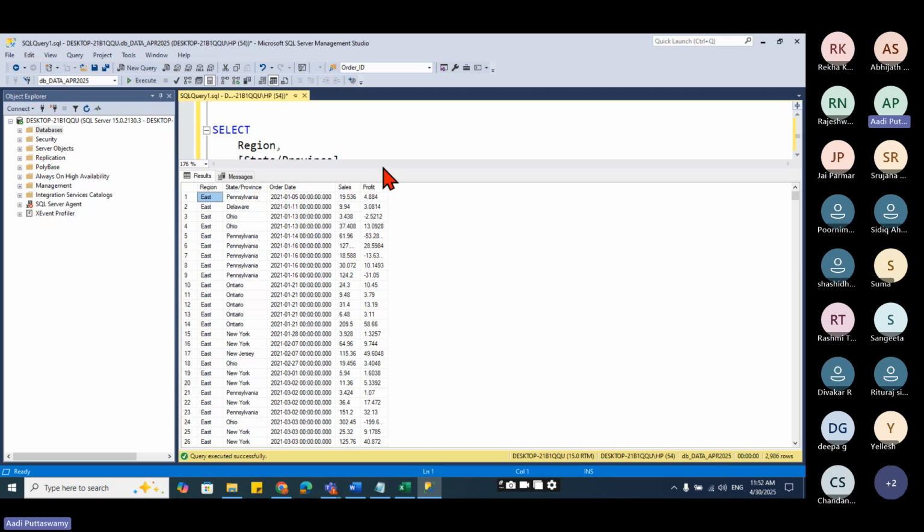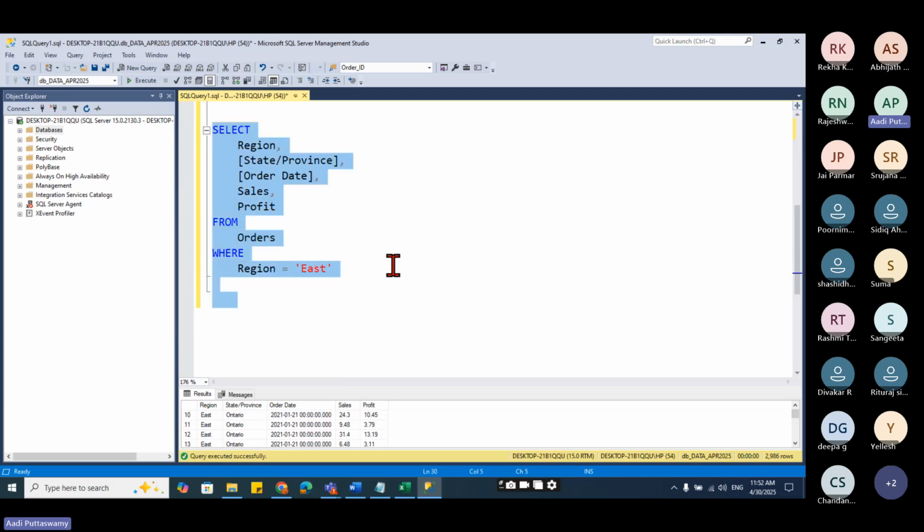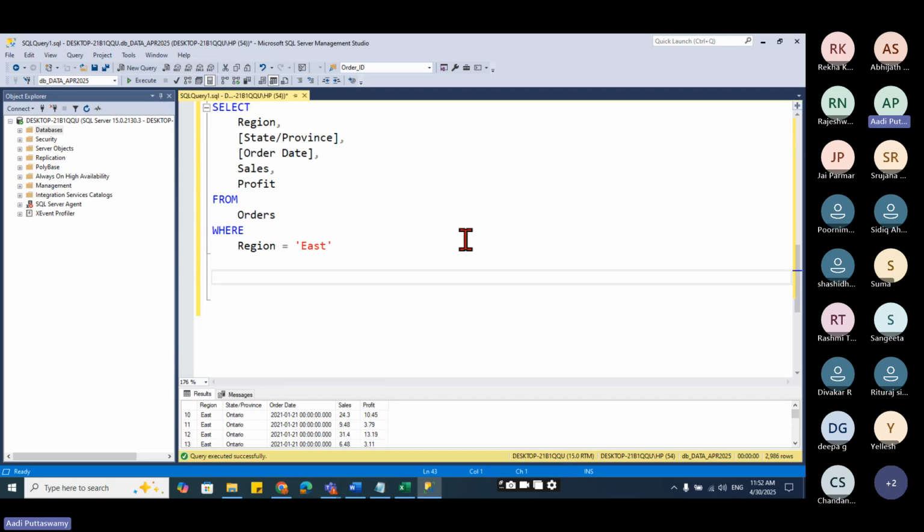Then what I'll do? I'll go here and I'll write one more query. Let's say I'll copy this. I can change the same query, but for your understanding, I'm just going here. See, I'm filtering region equals East and what is that I need to filter? Profit, correct?